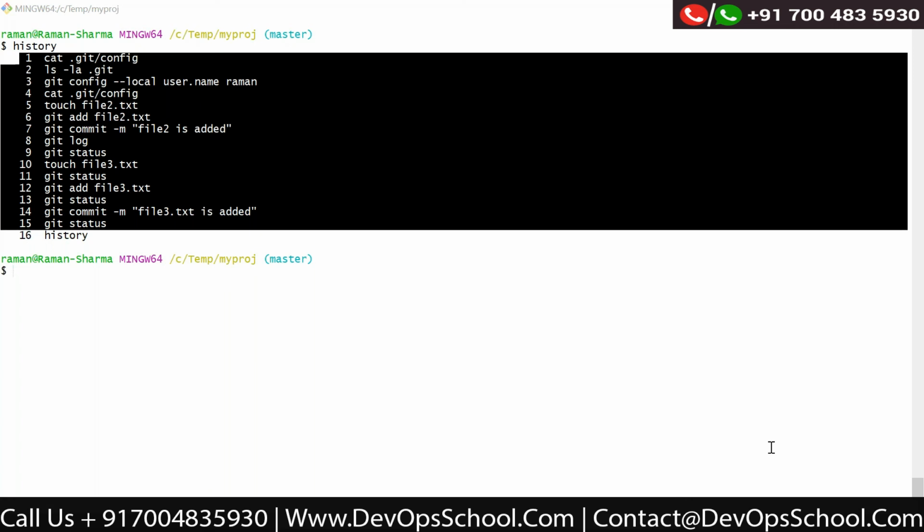Raman, I have one question. Do we need to remember all these Git commands? I mean, all the ones you said just now? See, if you practice, they are very easy commands and you will easily remember them. But if you are a developer, you need not remember these commands. As I mentioned, most IDEs, integrated development environments, have these commands in the form of a menu. You just need to click, and behind the scenes this particular command will run.